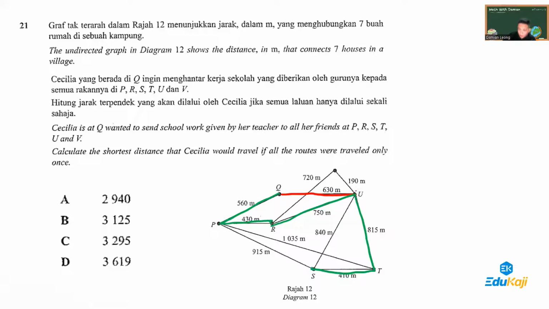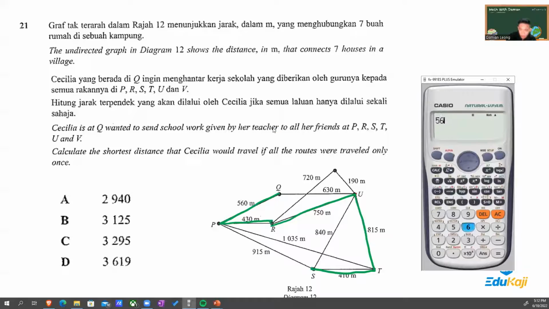Another possible way that is not too long. Q here. Then I go this way, then to P, then to R. So you look at the different paths here. Here is 630, 915. The other one is 750 and 560. Definitely 750, 560 is shorter. So if I add up all the distances, 560 plus 430 plus 750 plus 815 plus 410, I get